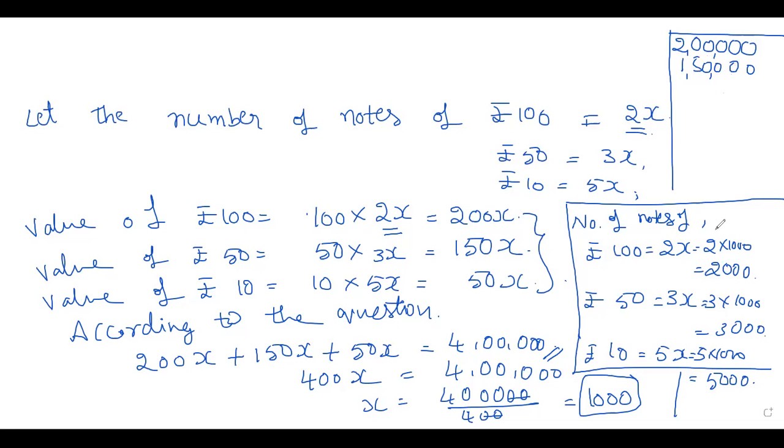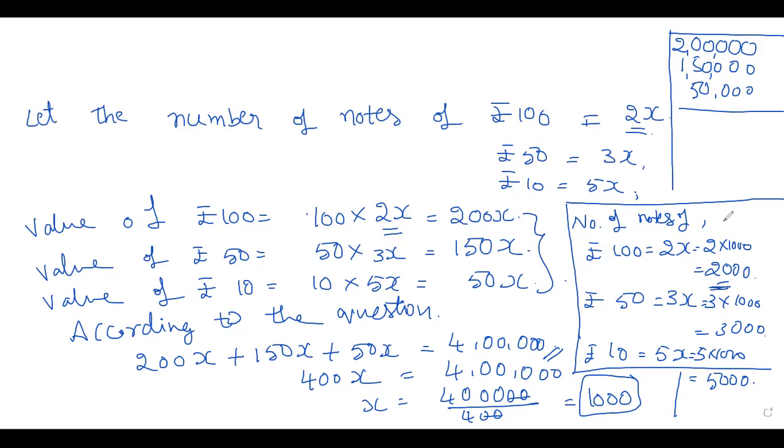Next, 10 into 5,000. That is 50,000. Okay. Listen,